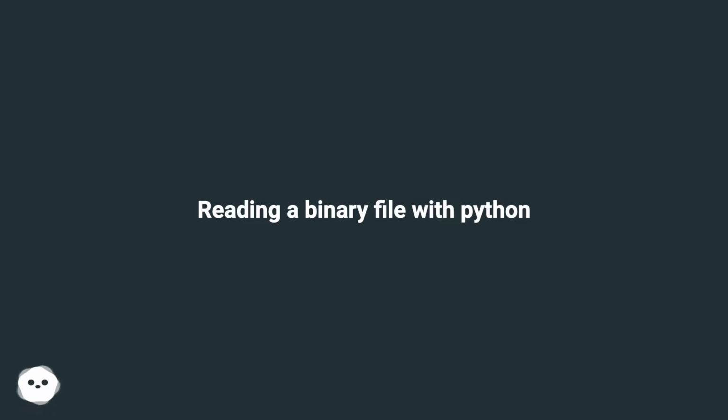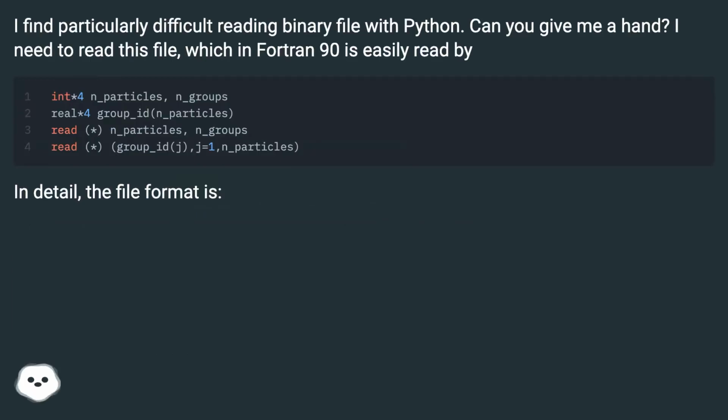Reading a binary file with Python. I find reading binary files with Python particularly difficult. Can you give me a hand? I need to read this file, which in Fortran 90 is easily read by